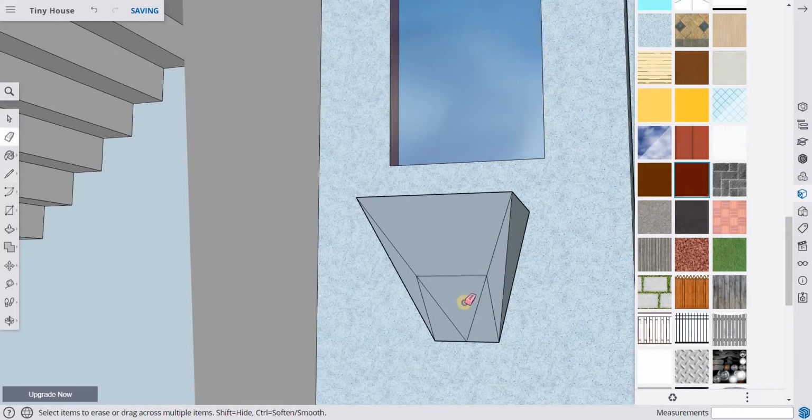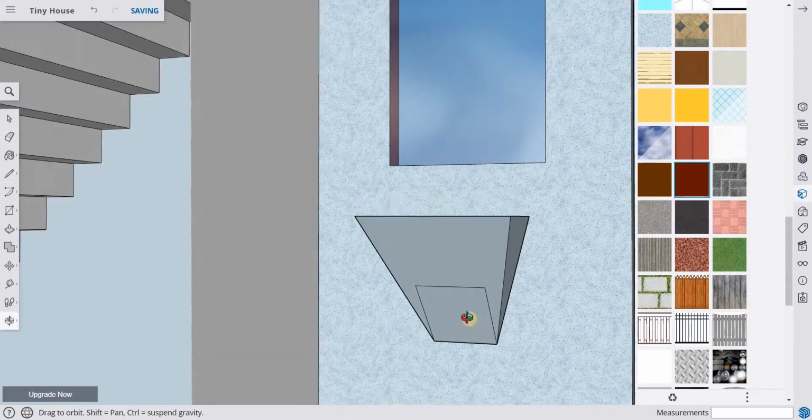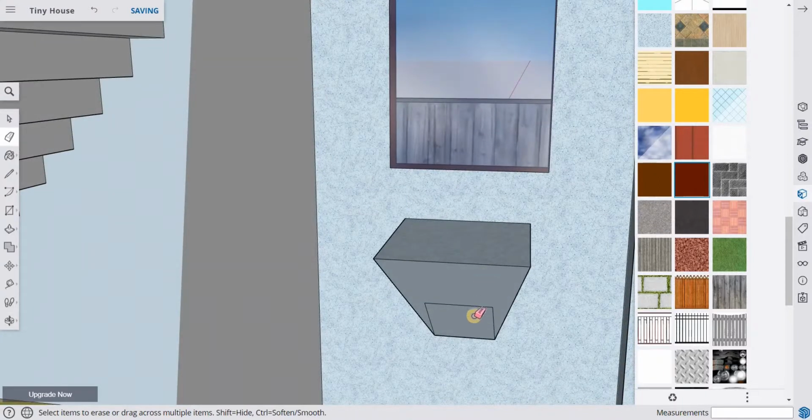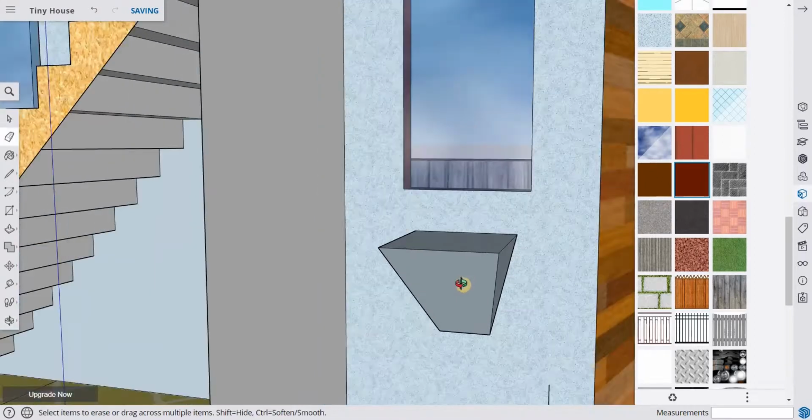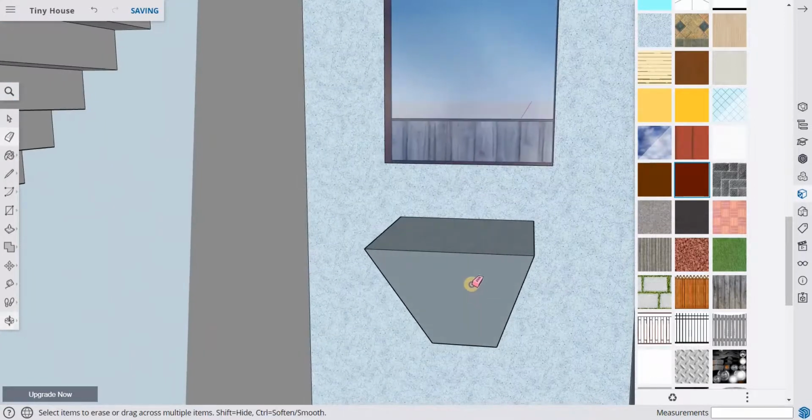Okay, so you could erase this, erase that, and then after doing so, we could see that we have now a unique shape for our sink. And using another rectangle, or this tool right here,